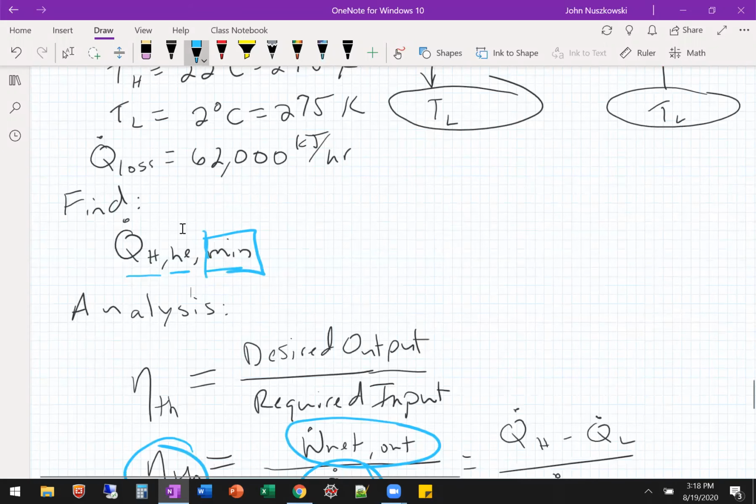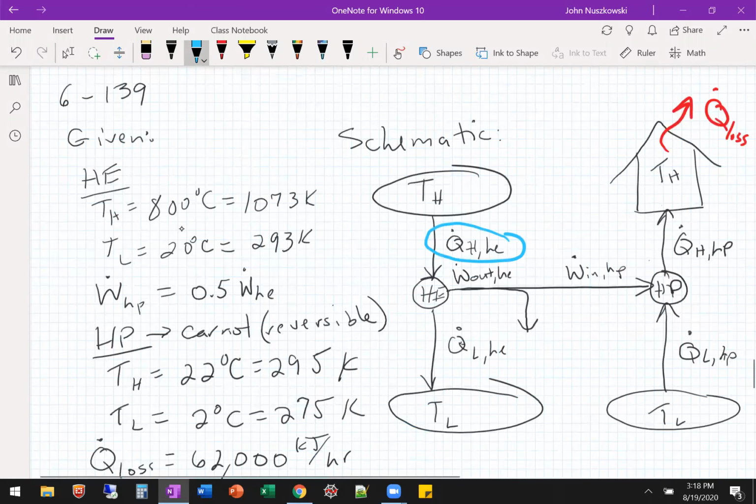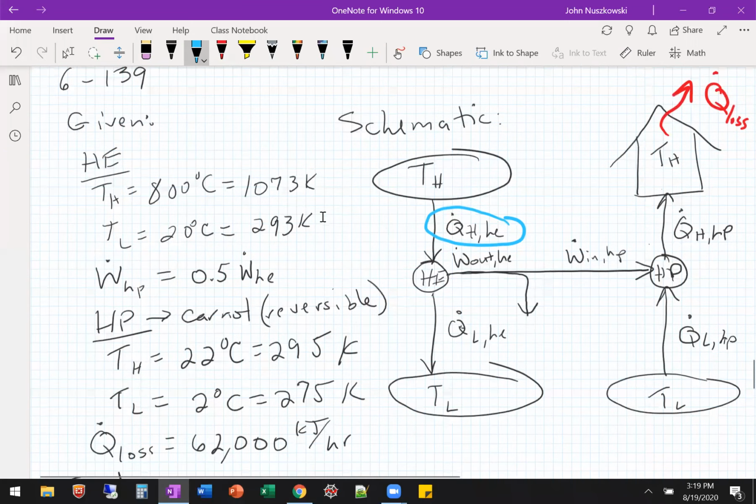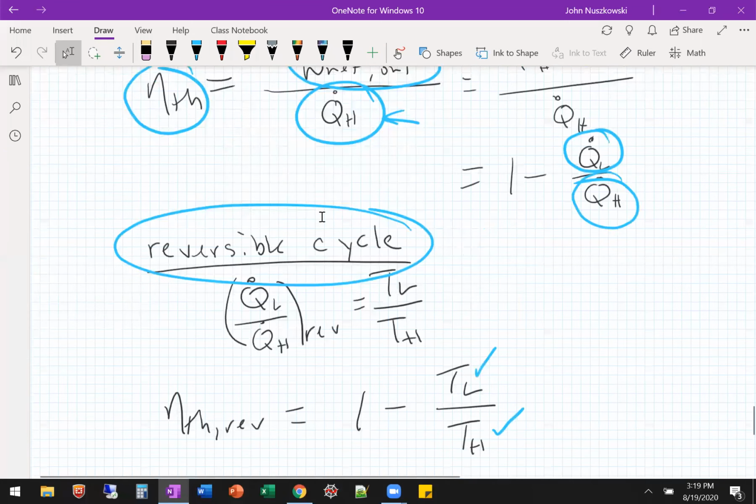If you put in the least amount of, where can we put the least amount of heat into this heat engine to get this out? That would be with a Carnot heat engine, reversible heat engine, the best we can achieve. Okay, so when they talk about min and max and cycles, Carnot is what kind of creates that bounds. Okay, so that's why we can use this. Okay. All right, so then